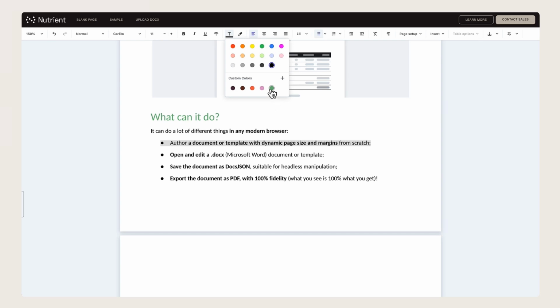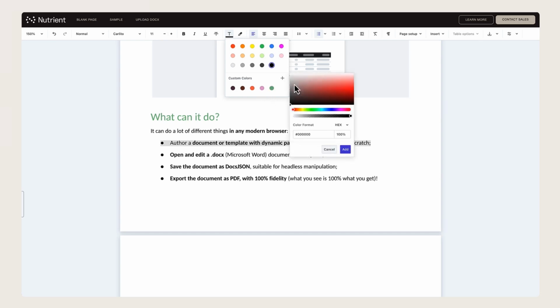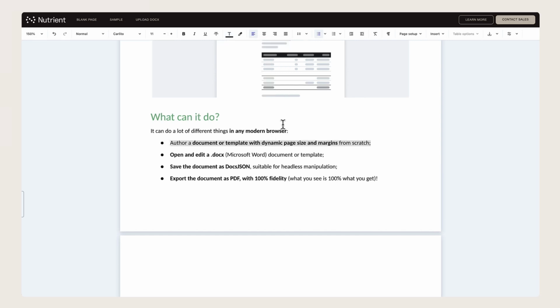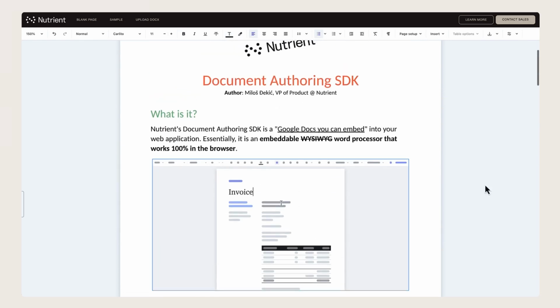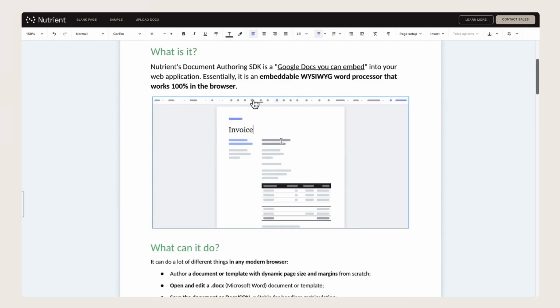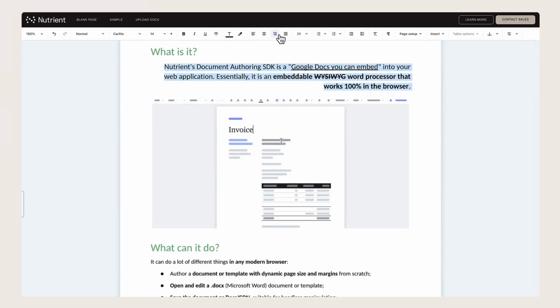Same goes for doc.json as well, right? So you can just add a custom color, drop the hex right there, or play with this selector, and I mean, easy peasy, lemon squeezy, right? Moving on to things like alignment, everything you've come to expect, from left to right, and justify and center,